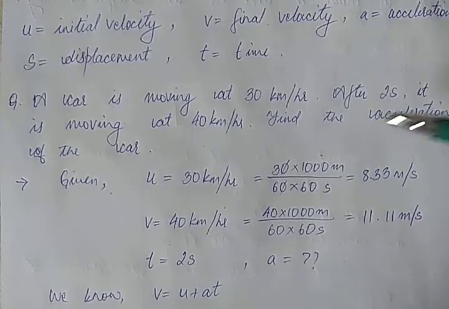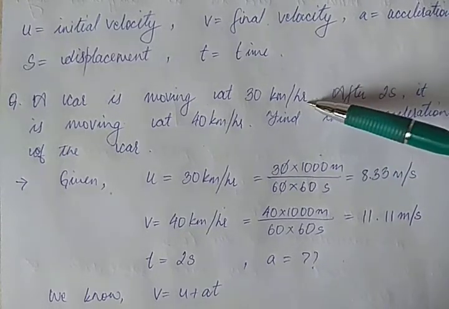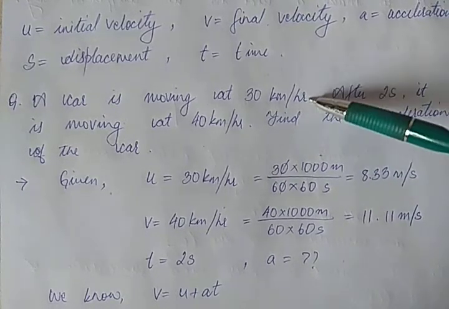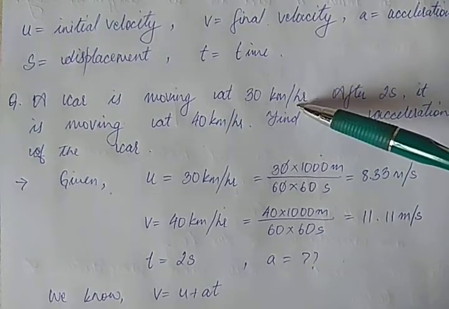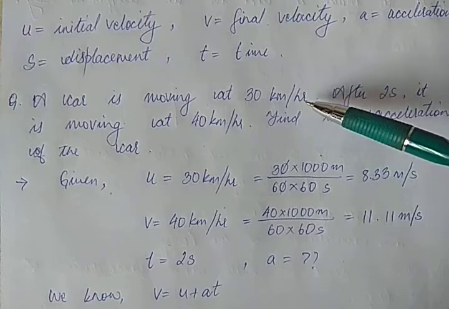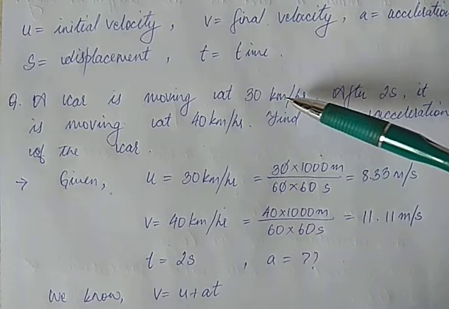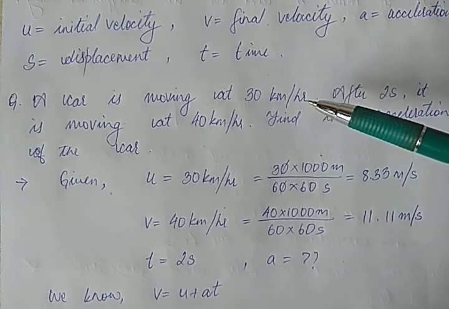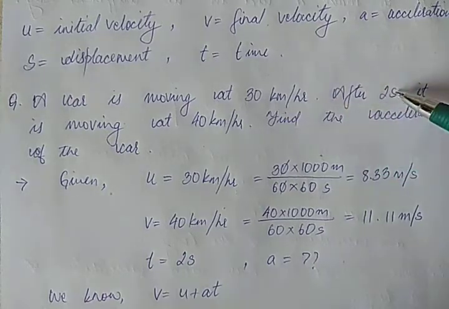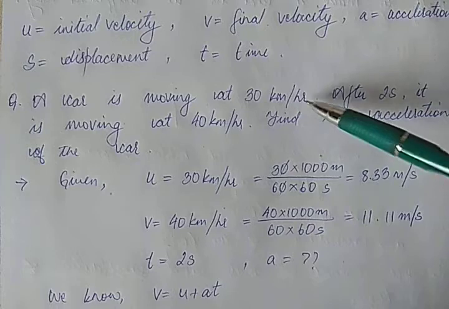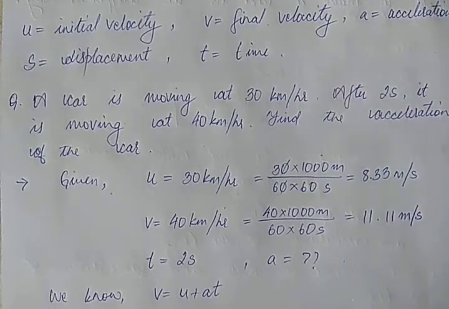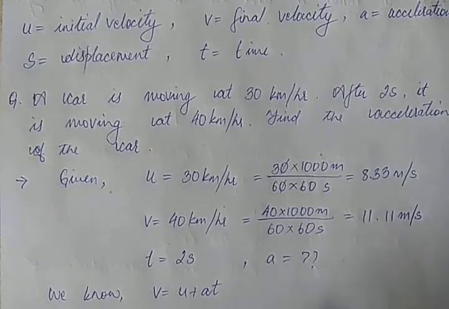But one thing I want to point out over here, this unit is given in kilometers per hour, and this time is given in seconds. Kilometer per hour is not the SI unit of velocity, remember. So, we need to work in the same system of units. Either we convert seconds to hours, or we convert kilometers per hour to meters per second. I think that would be easier for us.